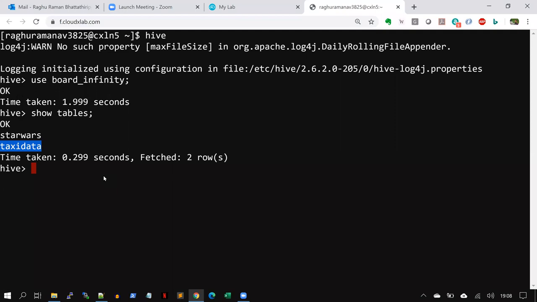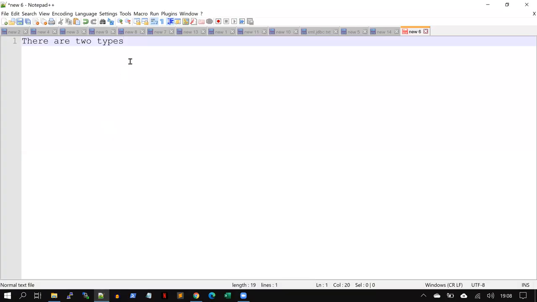So we understand that Hive is nothing but a SQL engine on top of Hadoop. And the queries that we are running using Hive get converted into a series of map-reduce jobs. So we have already understood this. And another important concept which we started discussing in the last part of the class was that there are two types of tables